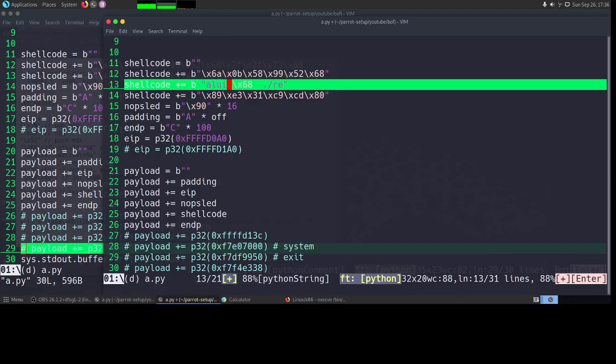Okay, so first 4 characters here, then the second part of the remaining name of the file, and then I will remove these spaces here, and we are done. Now we have replaced slash bin slash sh in the shellcode with dot slash real UID.